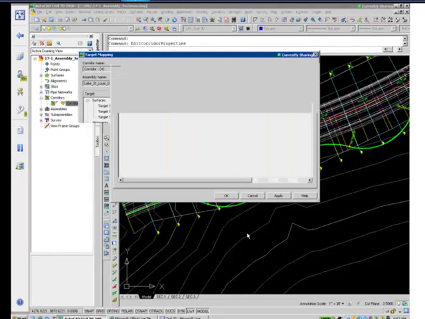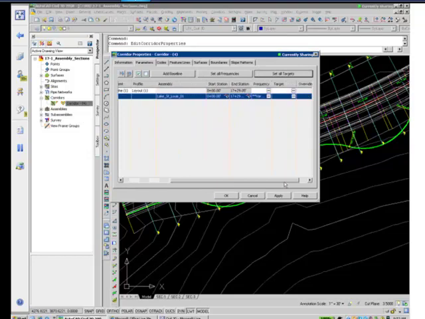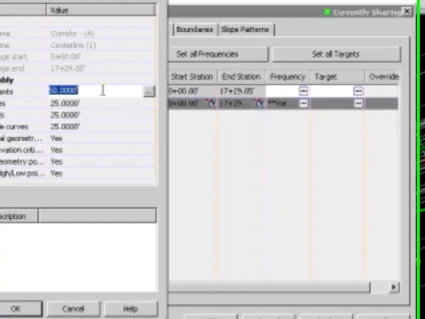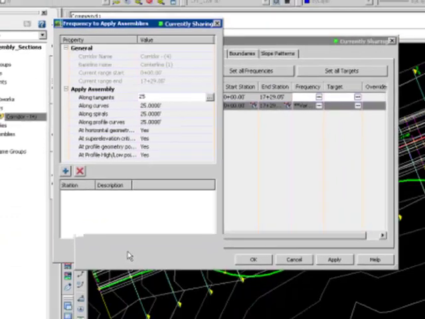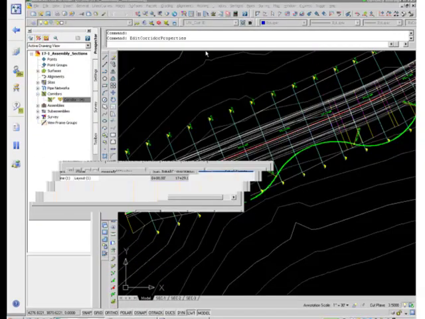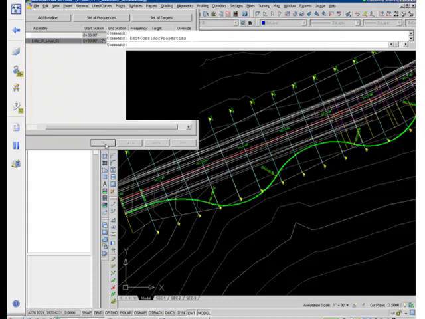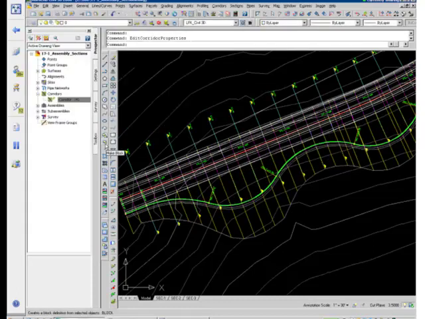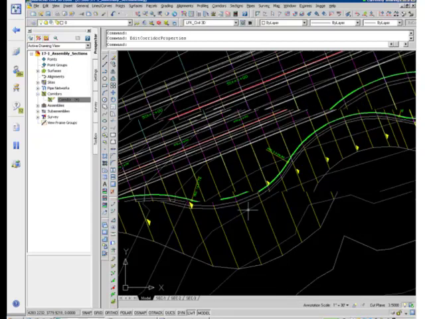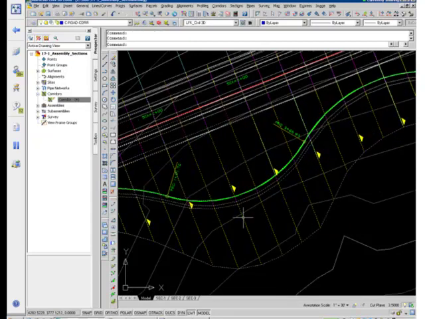So I'm going to add that target, and I'm going to change my frequency of sampling here so that along the tangents I'm going to do 25 feet for a little bit of clarity. And I'll push this off to the side, and I'm going to go ahead and click OK on this. Now, if you look in the lower left-hand corner, you can see that the corridor is going to instantly recalculate. And when it recalculates, you can see that now that part of the assembly is indeed following this meandering alignment. And if we take a look at the 3D view of this,